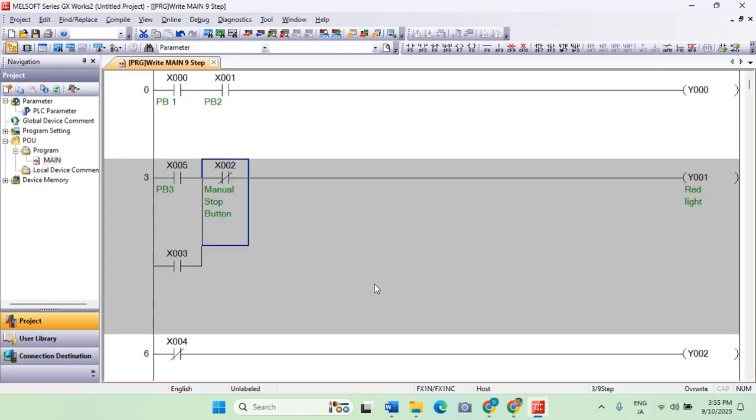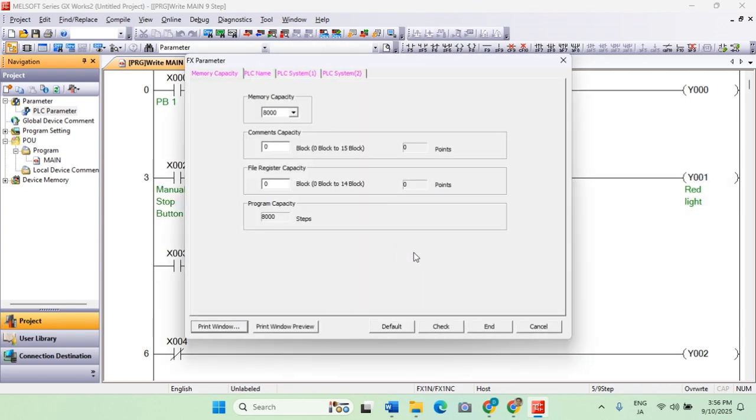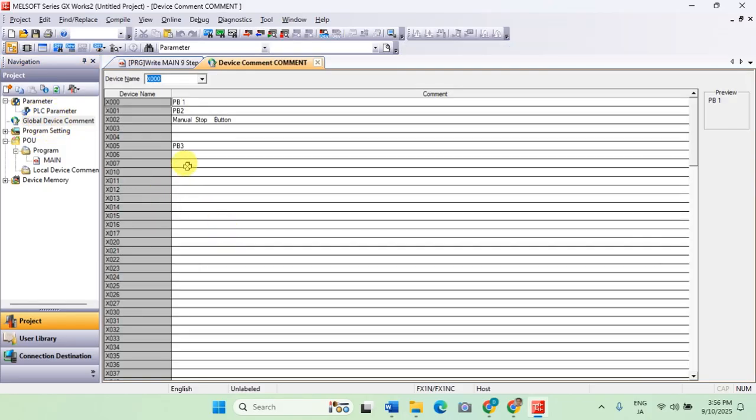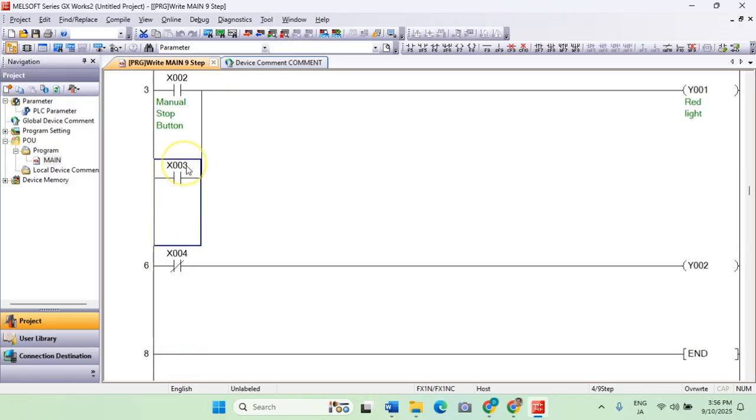So what are the other ways for you to add the device comment? We can click on the PLC parameter. Hope you can see my mouse pointer. That is one, the global device comment. In here you can input your device comment for all the available input addresses. Right now we don't have a comment for X3 and X4.